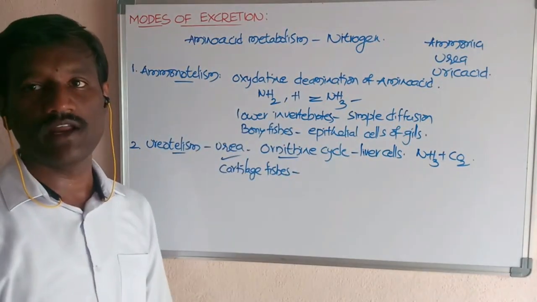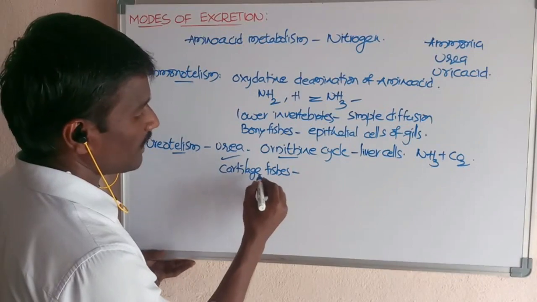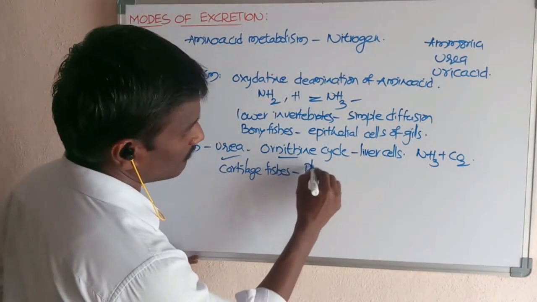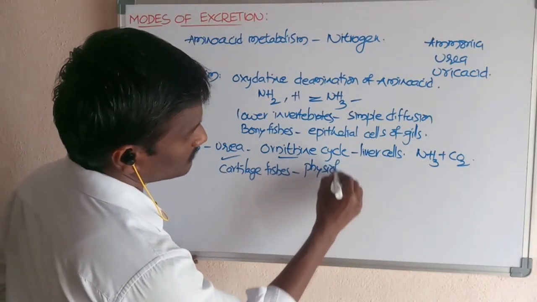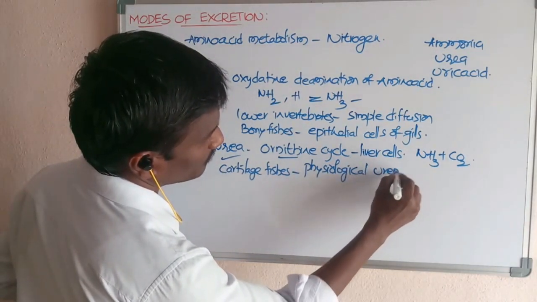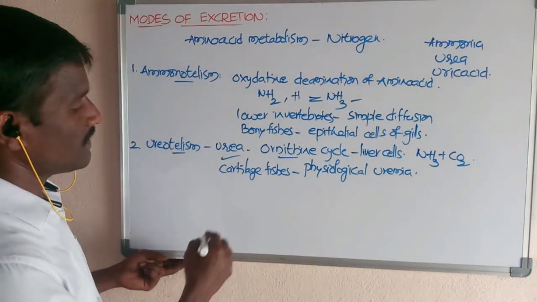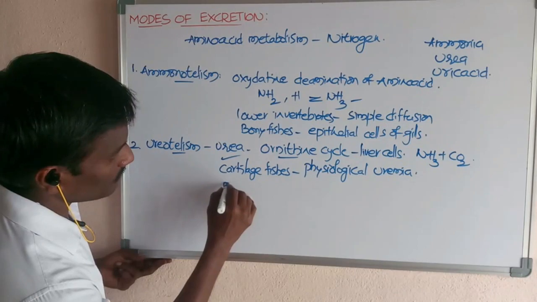equal to marine water. This condition available in cartilage fishes is called physiological uremia. And another one, medullary